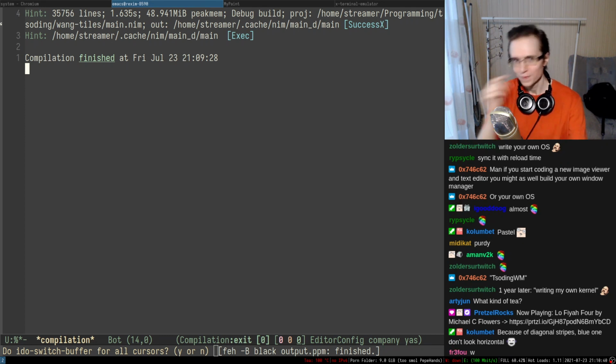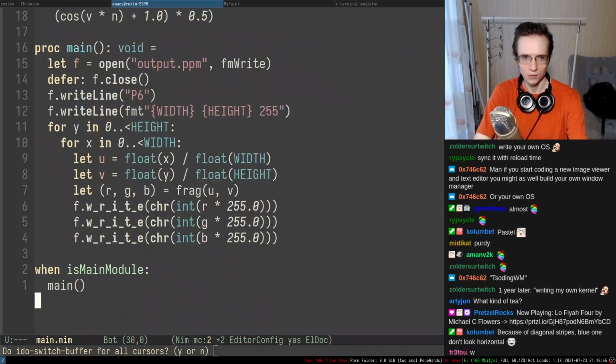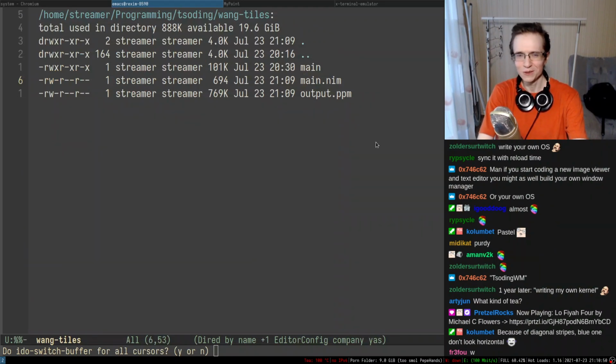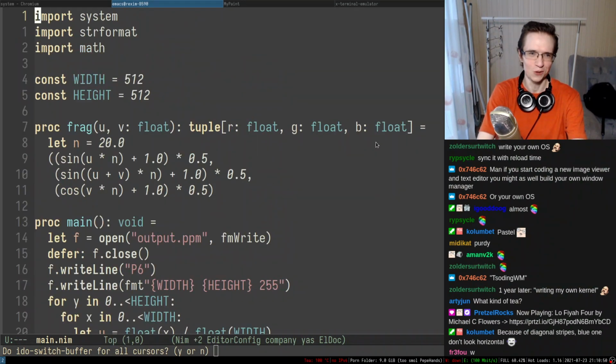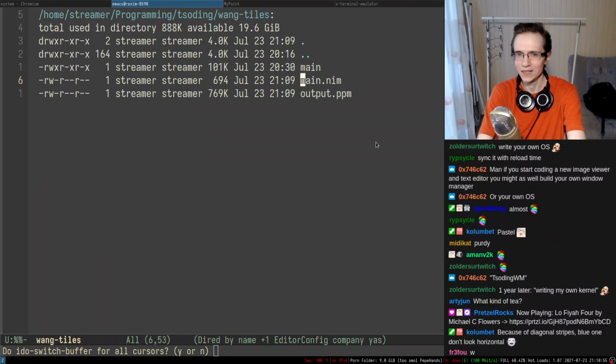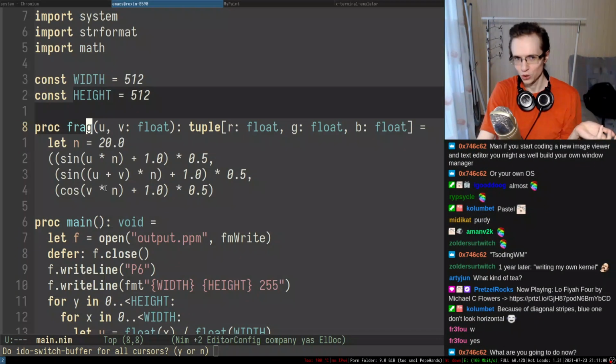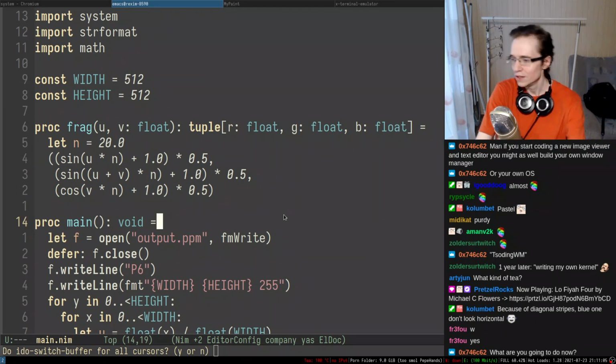Interesting. By the way, do you guys want me to upload this to GitHub right now so you can play with it? This is a single file, and that's what makes it cool, right? We're generating some interesting stuff with a single file, and this will work in any language, by the way. So you can easily rewrite it in any language you want, and it's going to be the same thing.